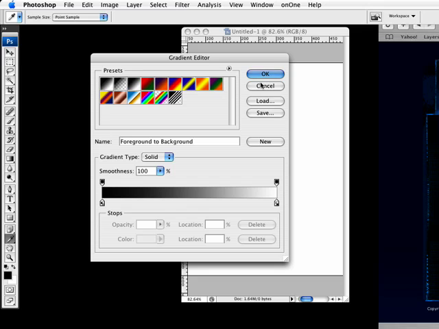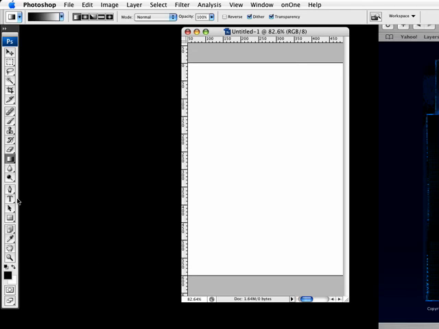Rather than switch it in the gradient, I'm going to hit the letter I to access my eyedropper. Now notice the eyedropper samples out of any area, but the moment that I walk out of the document, it doesn't work. So what I'm going to do from here is click. Notice that over here, it turns white because I'm sampling white. But notice, if I click and hold it down, now if I move over here, it's sampling blue, it's sampling the apple, it's sampling this. And if I move out of the program altogether,